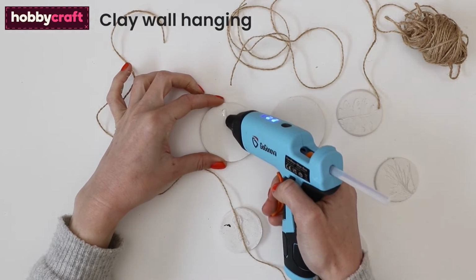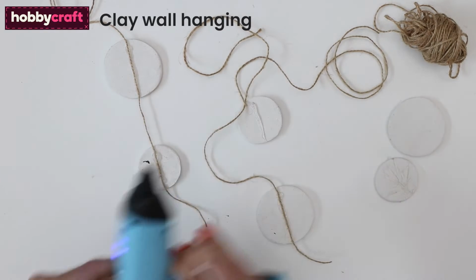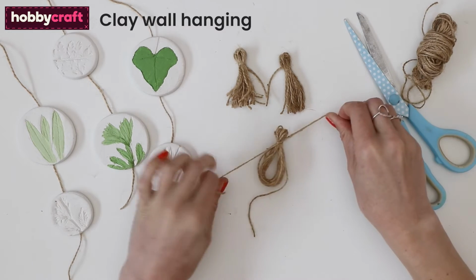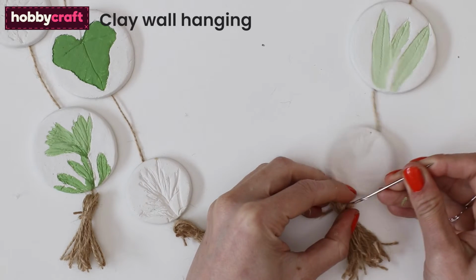Glue the clay discs in pairs onto some twine on the backs. Leave extra twine at the top so that you can hang them and a little bit at the bottom for tassels. To make tassels, wind string around your fingers about 10 times, remove and tie around the top, then cut through the loops at the bottom. Thread a needle into the end of your clay twine and feed it through the top of the tassel and